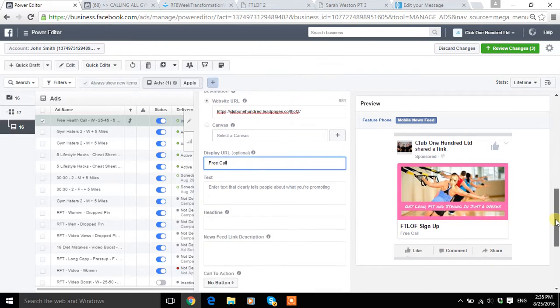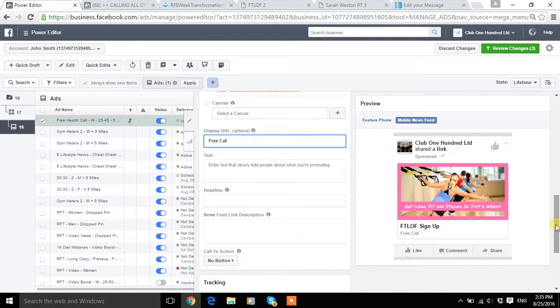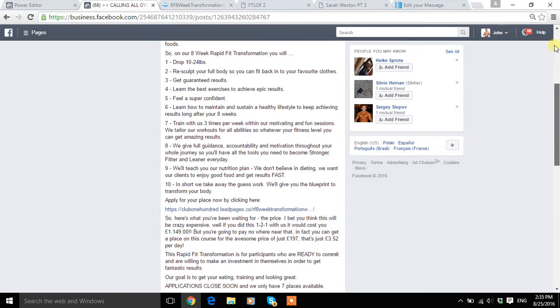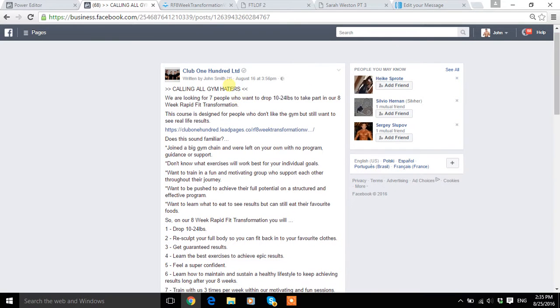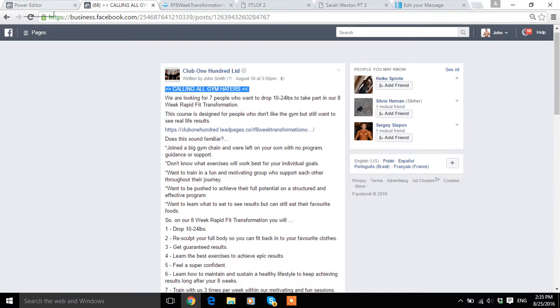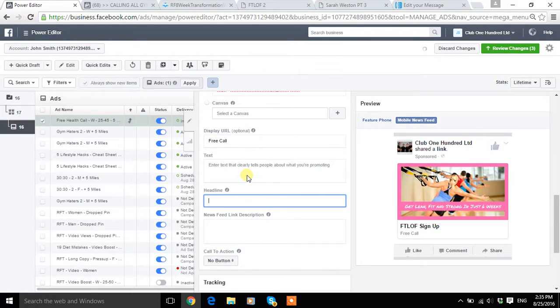Okay, then we get into the nitty gritty. This is all about the copy. As an example, I'm just going to use the copy that I've got on this page here, but obviously you would already have your copy written out. And this is the cool thing which I discovered on Facebook a couple of months ago: if you add your copy into here, I'm just grabbing the headline first, but if you add the copy into there